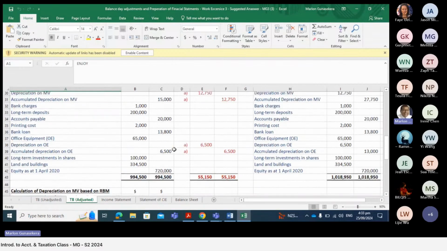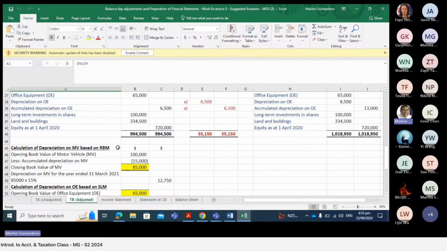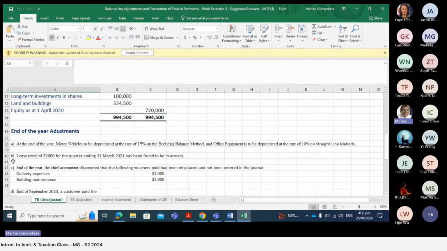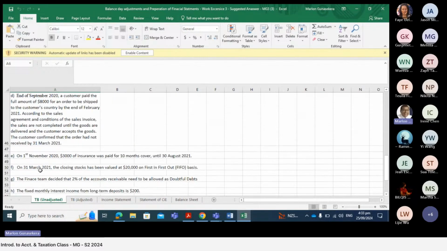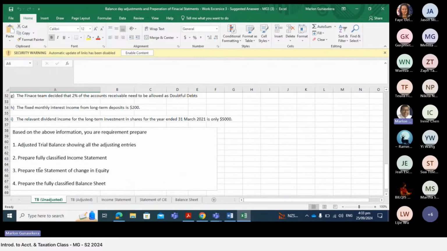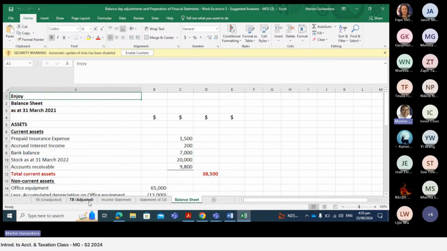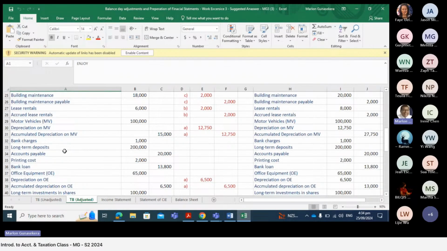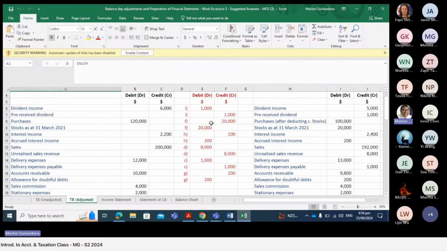Like so, then you will be getting some adjustments like this in the test paper. So some similar adjustments in the test paper, and you need to prepare the adjusted trial balance, then fully classified income statement and statement of change in equity and the balance sheet. So these are the four things you need to do. Right. Okay. So once you have that, then read the adjustments and do the adjustments like this in an adjustment